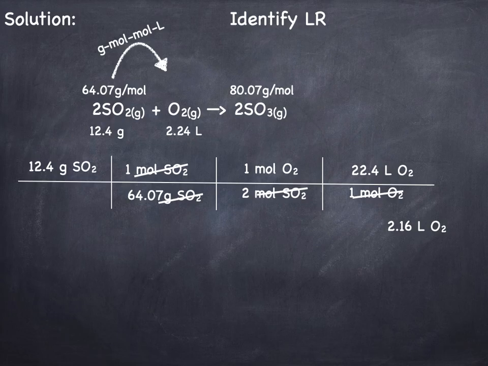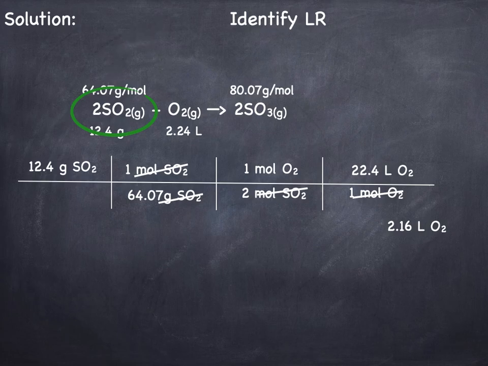Well, I have more oxygen than I need. I only need 2.16 grams. I have 2.24 grams. That makes sulfur dioxide my limiting reagent because the oxygen is in excess. I have more than I need. Again, it doesn't matter